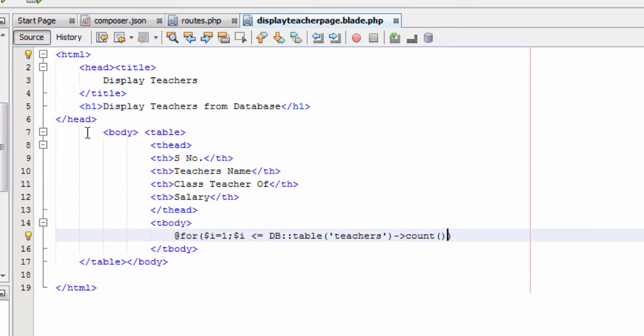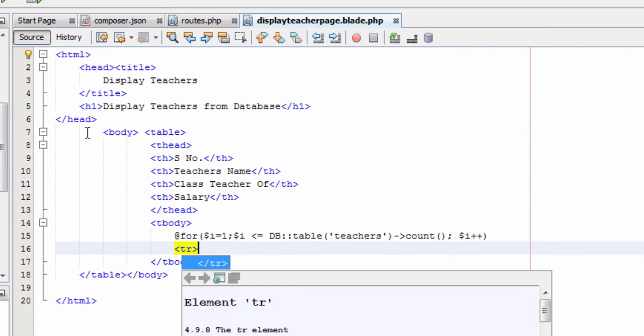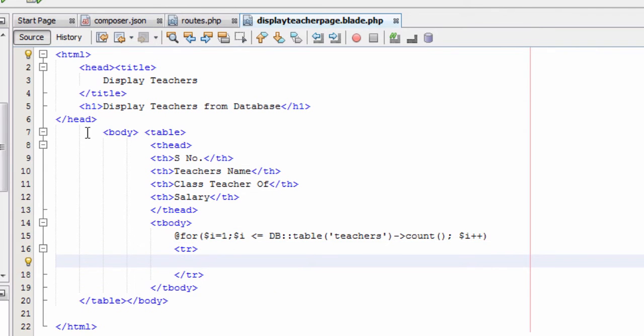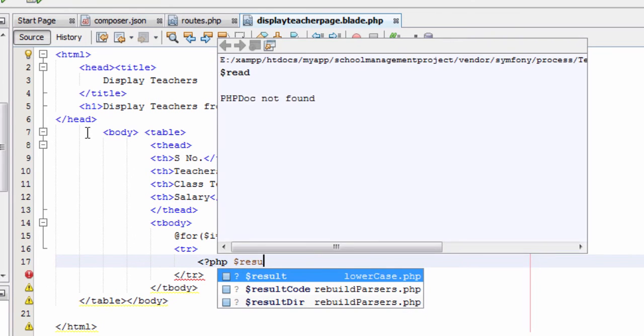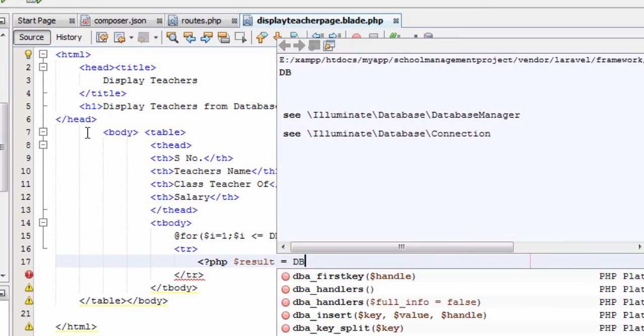DB double colon table, bracket start, teachers in single quotes, bracket, hyphen greater than sign count, bracket start, bracket close, semicolon, $i plus plus, end it with a bracket, and we will now type a table row tag,